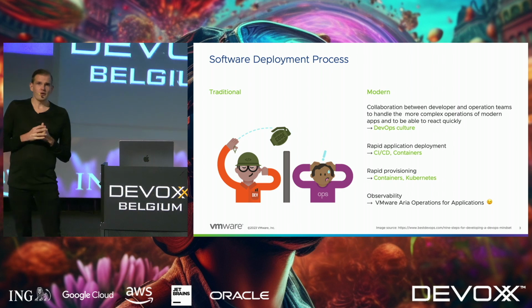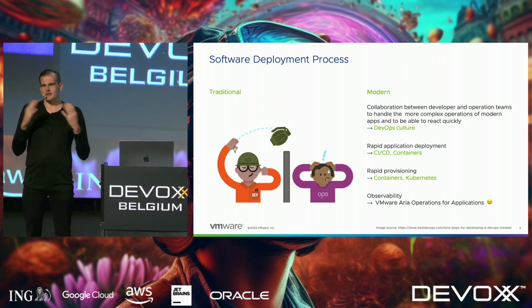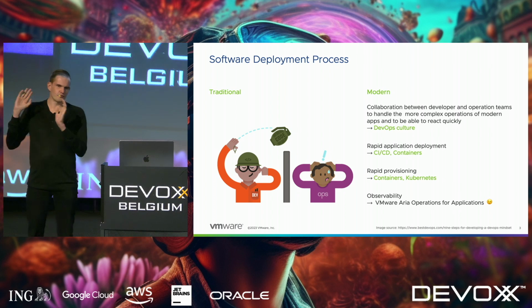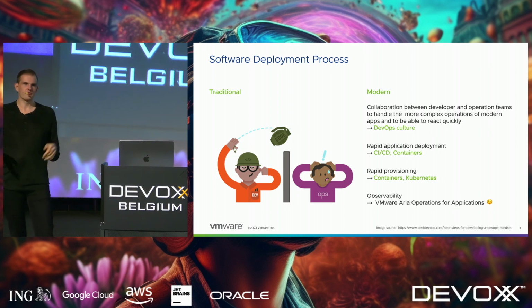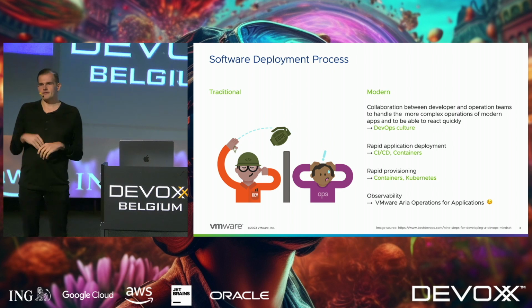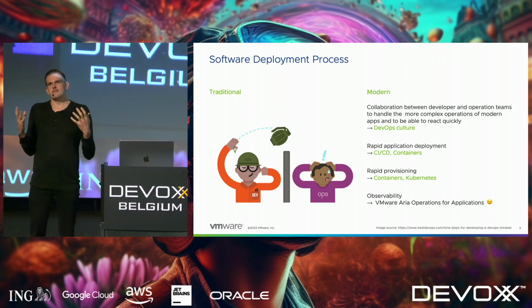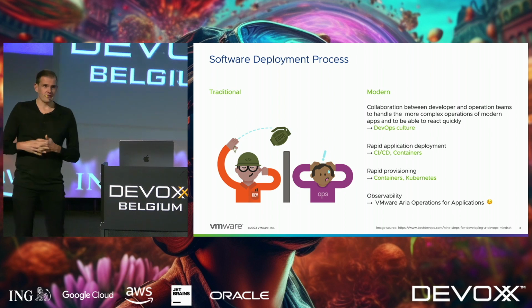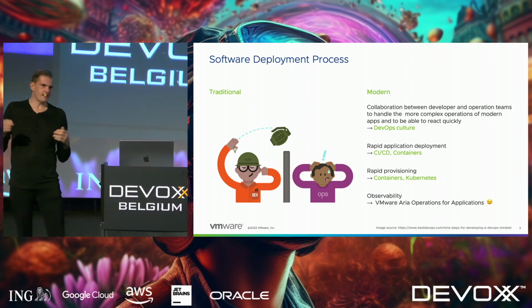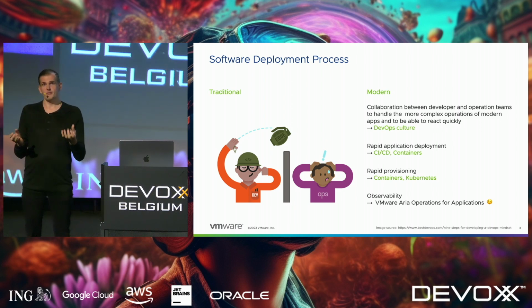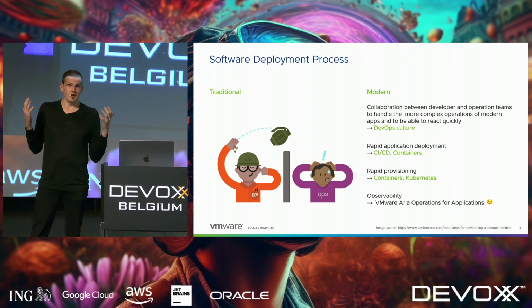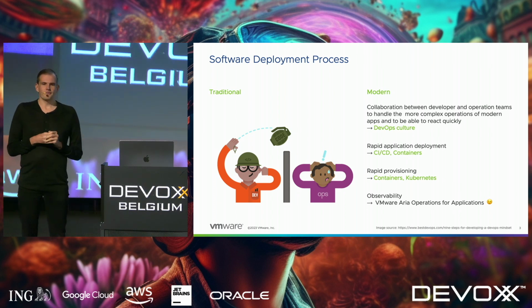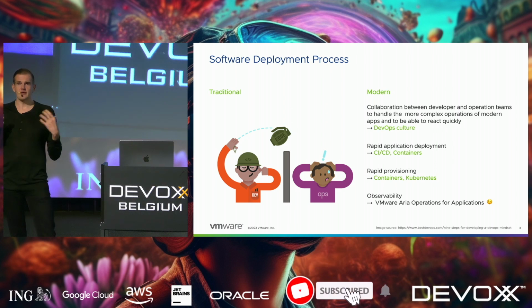Also, as you maybe know, nowadays it's not like in the picture on the left, where the developers work on an iteration, then throw the software to the operators, who were responsible for the support, also bug fixing, while the developers were assigned to another project. Nowadays, the development teams should be responsible for the full life cycle of an application, which doesn't mean that they need to deploy the application or need access to Kubernetes, whatever. At the end, they just need the tools that support them to get all the information they need. In this case, for example, a really good observability tool so that they can really see whether the application behaves